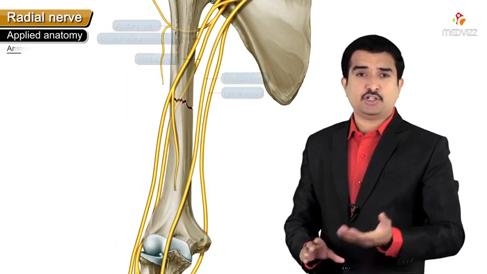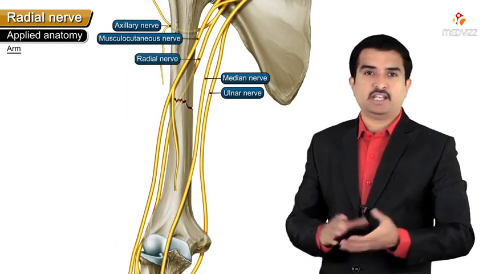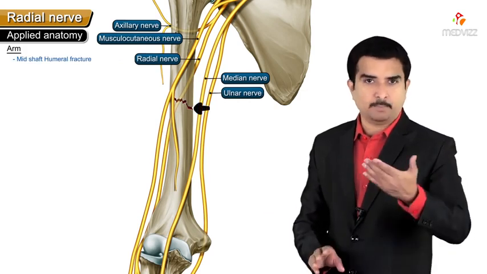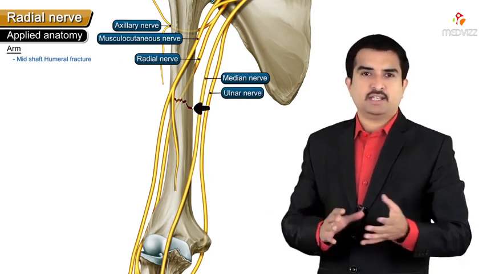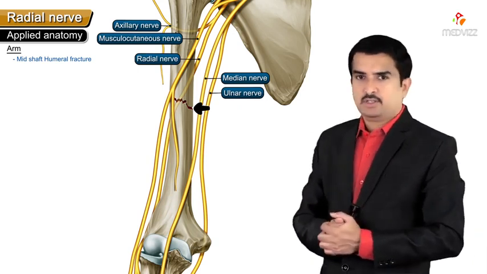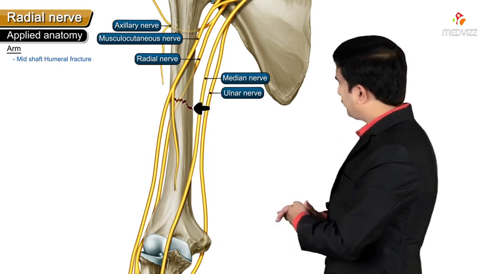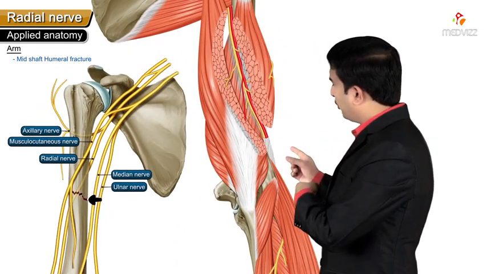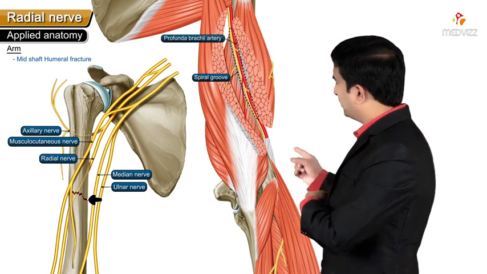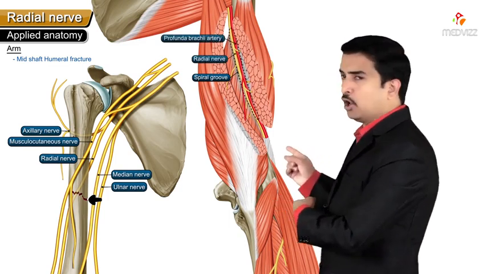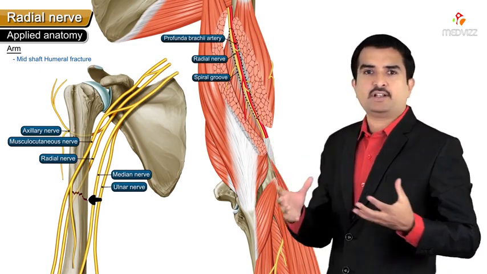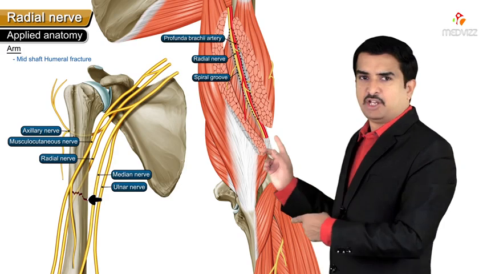The radial nerve injury can also be seen when there is a mid-shaft humeral fracture, that is, injury of the nerve in the arm. If you see the mid-shaft humerus fracture, we already know about the spiral groove, where the profunda brachii artery as well as the radial nerve both lie along the spiral groove of the humerus. So whenever there is a humeral fracture, that can damage